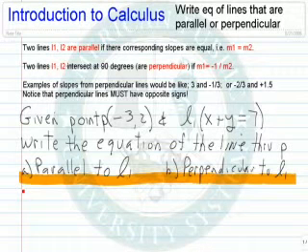To find equations of lines that are parallel or perpendicular, we use two important ideas. First, if two lines are parallel, they must have the same slope. M1 has to be equal to M2. If the two lines intersect at 90 degrees, or are perpendicular, we must have one slope be the negative reciprocal of